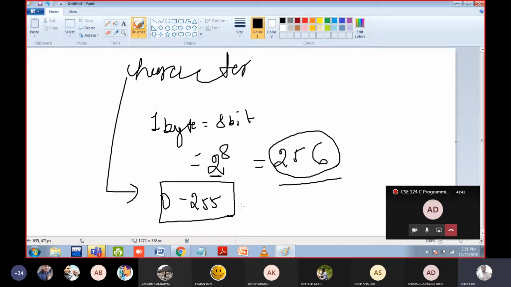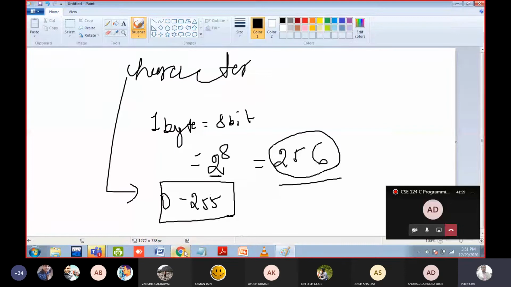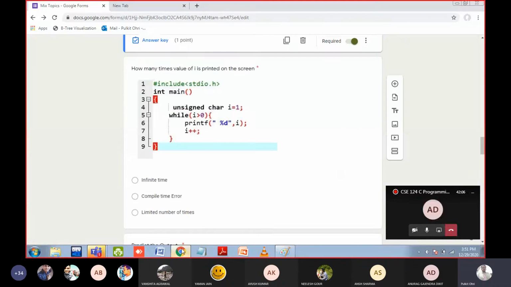Also in the ASCII table that stores the characters, you can check only 256 characters are there from 0 to 255, and the value of capital A is 65, which you have to remember, and of small a is 97. Now in this question we are using unsigned character, whose range is from 0 to 255. And you can see that from 0 to 255 only positive numbers are there. Unsigned means positive. So here I am taking the first value as 1, so 1 is printed on the screen.